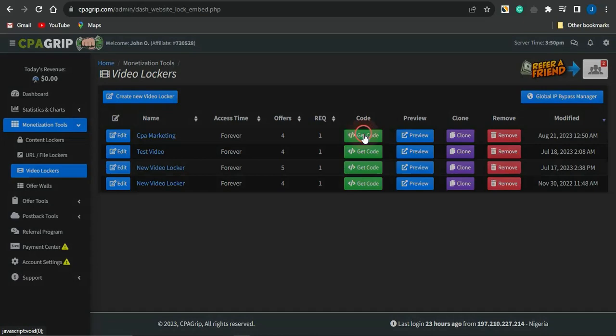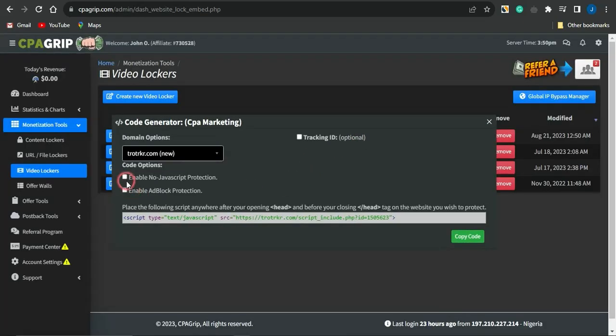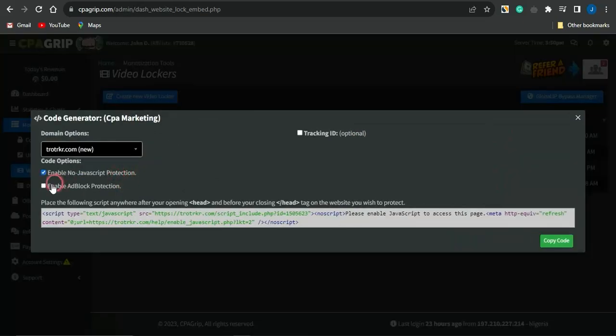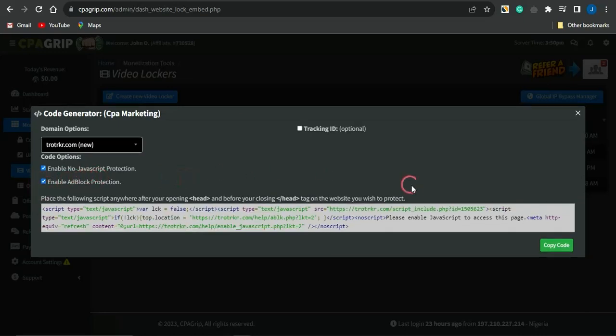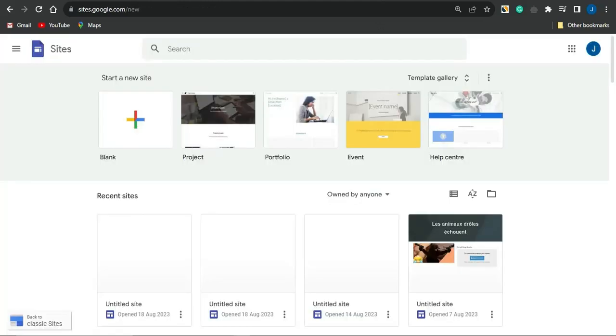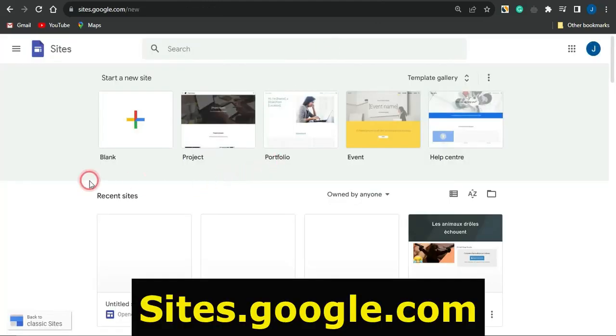I can just simply click on get code, and if I do that right here, I'm going to enable the JavaScript protection and also enable the ad block protection. And right here, this is my script to my video locker. So you want to leave this page open, and you want to just simply head onto this platform which is called sites.google.com. And if you do head on to sites.google.com, you can actually go on to creating a landing